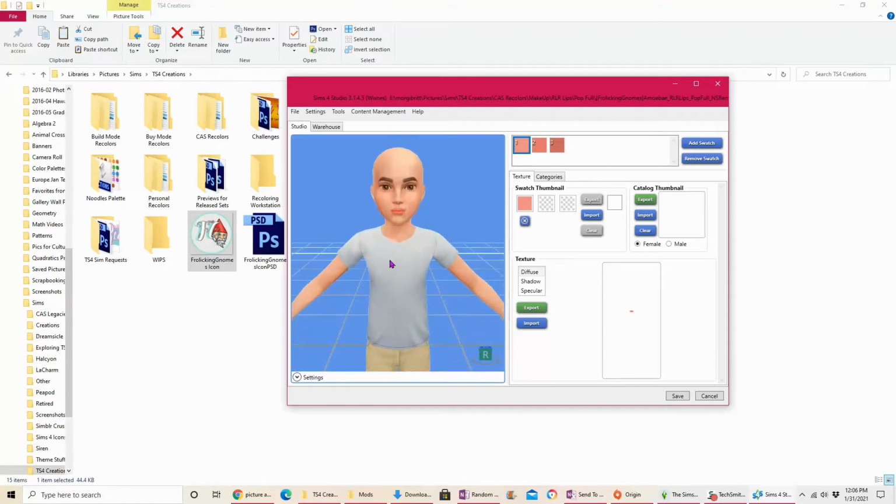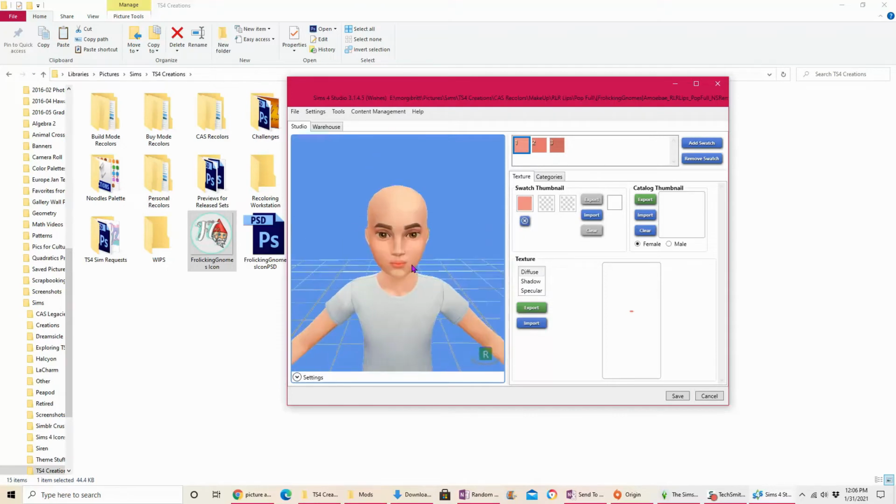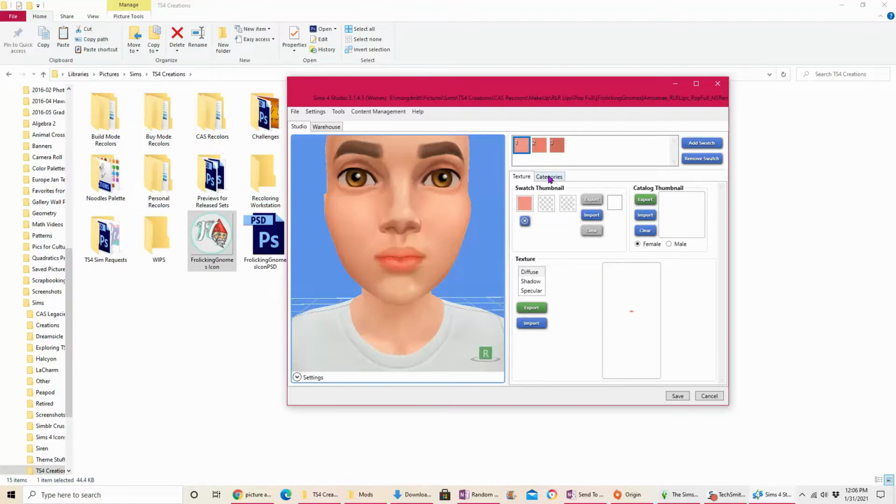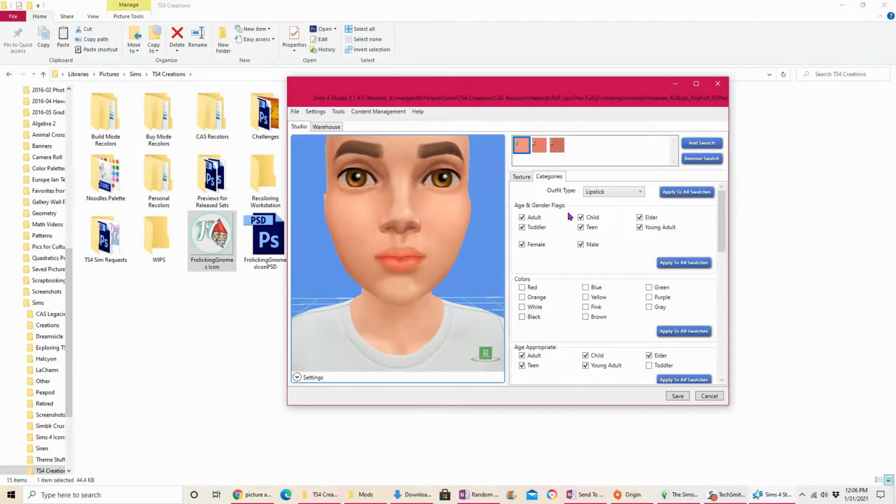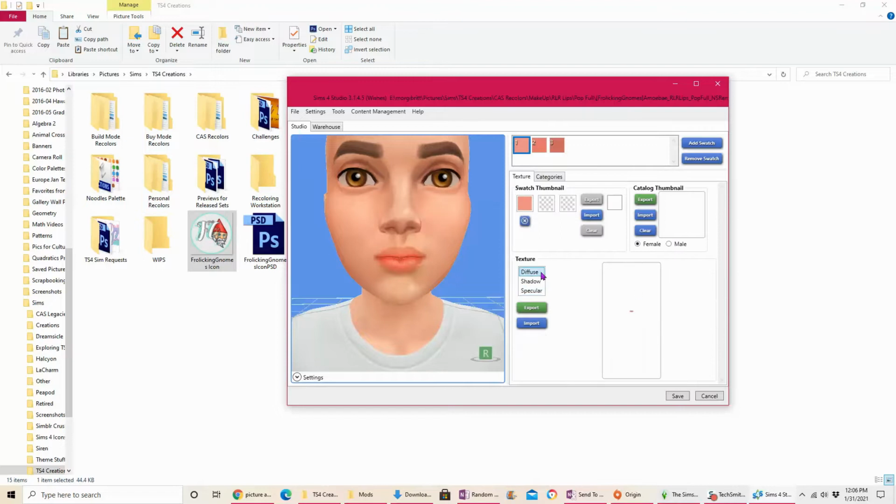Is it normal to have it on a kid? Is that what it's supposed to be? I don't know, I'm just curious. Okay, it is enabled for everyone. Okay, so this is what we want here. Let's export